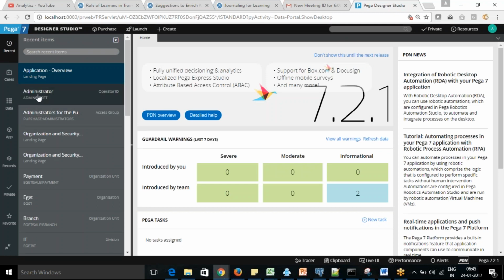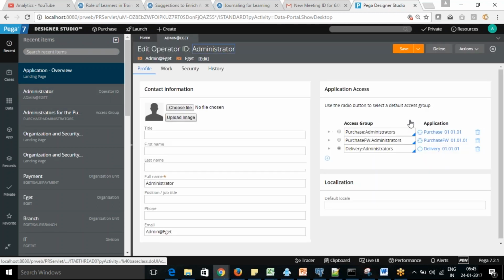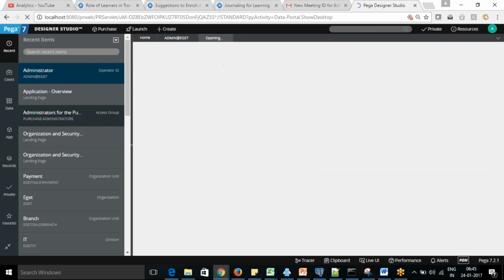If you see my operator ID now, it shows delivery as well, so it has been added to my access group. There are two applications, one purchase and one delivery, and I am able to switch between them and work on different applications.